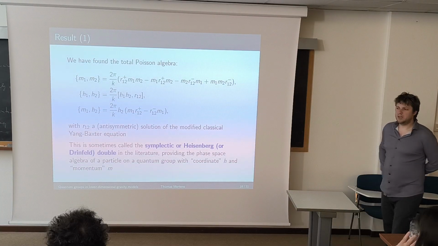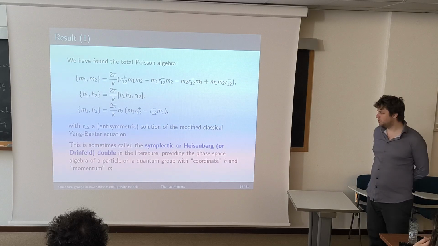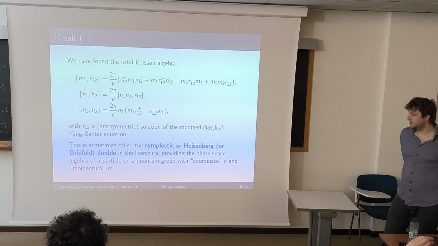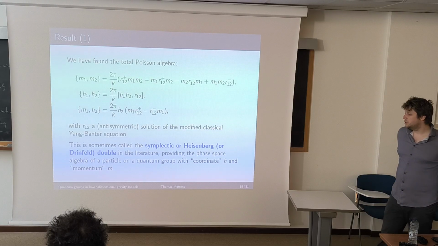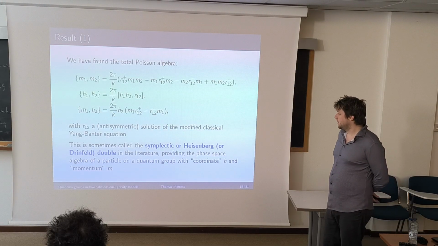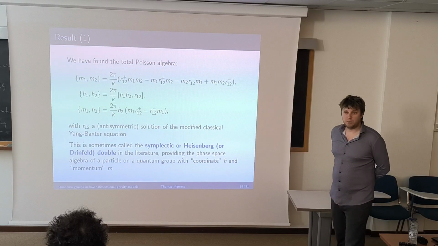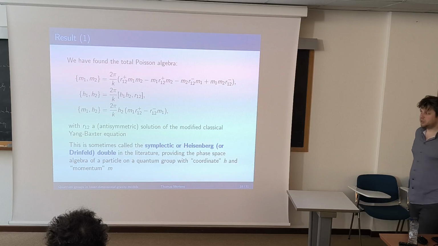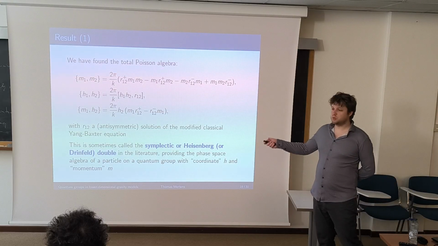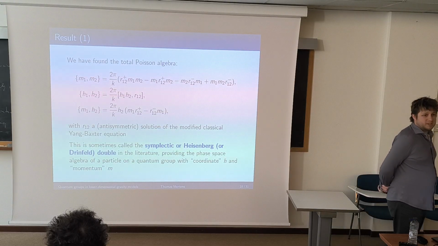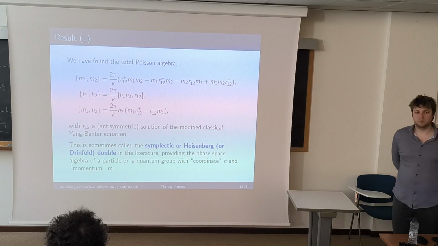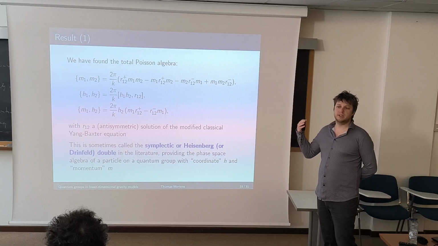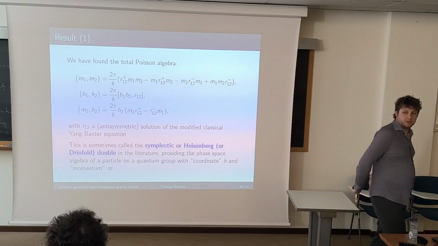Now all these brackets have names, so of course this is a known structure, and this is sometimes called the symplectic or the Heisenberg double in the literature. And as I mentioned, it provides a phase space description of the edge states. This is a phase space algebra of a particle on a quantum group with a coordinate h and a momentum m. This is not yet a full quantum group because these are just Poisson brackets, they're not commutators. But this is the classical structure that is underlying quantum groups. So if I would quantize this, replacing Poisson brackets by commutators, then I would get actual quantum group structures living